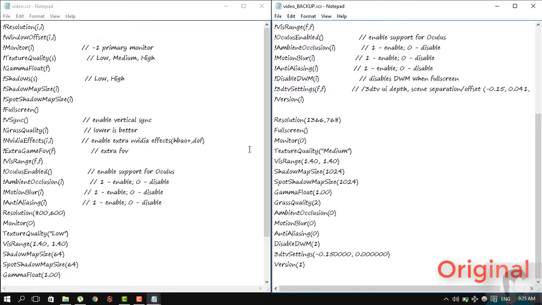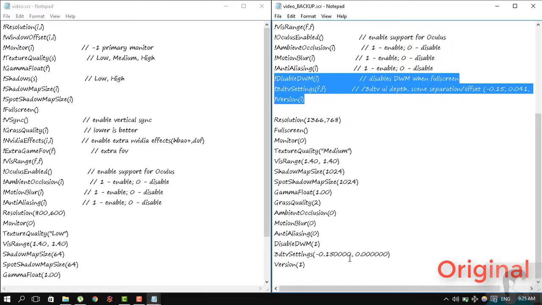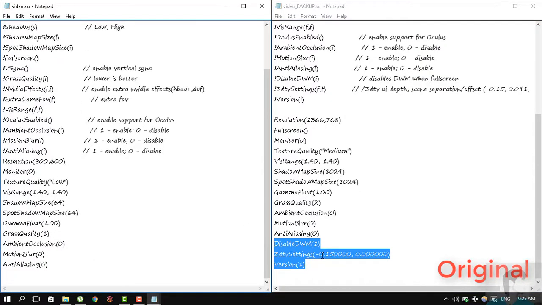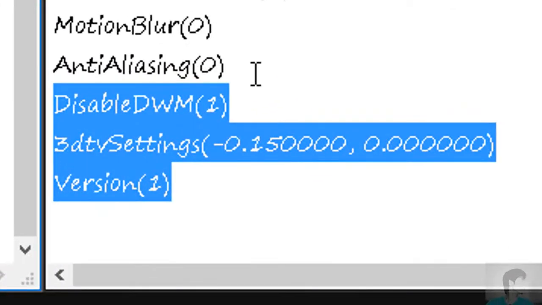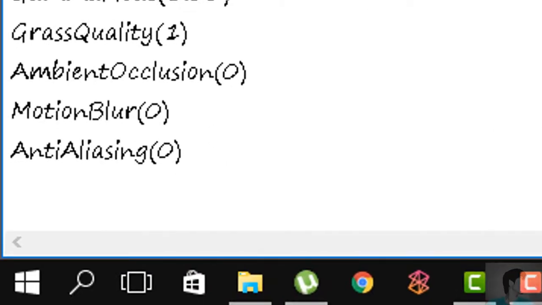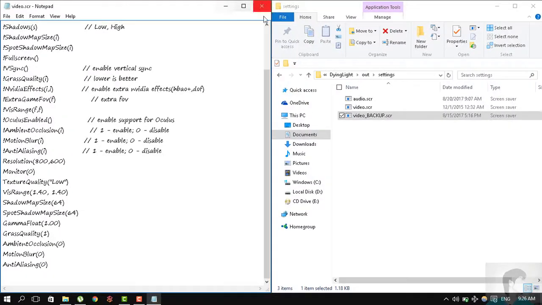So you have a few things that had to be deleted. That's why I have this opened right here, and you need to delete these three lines. I mean these three lines, these are the description. You can leave them right here or delete them if you want to, and just delete these three lines. All the lines after anti-aliasing, you need to delete them, and make sure you save your file before you